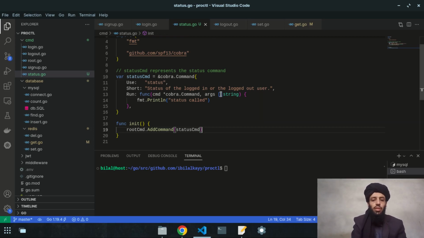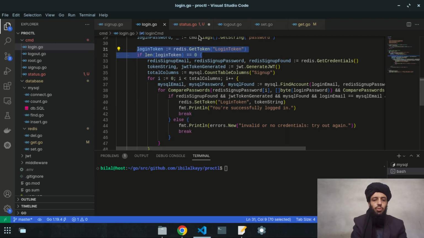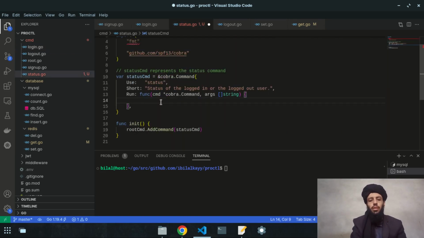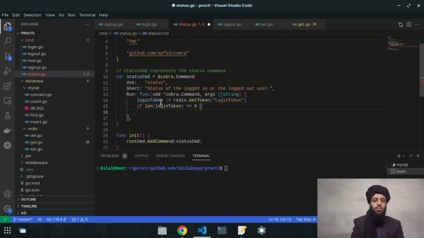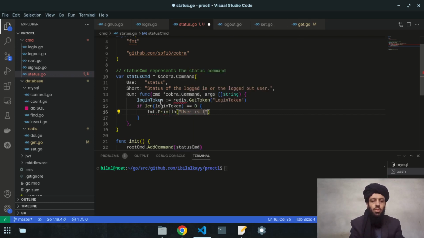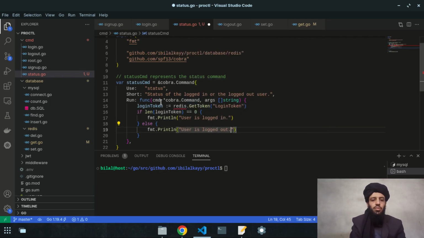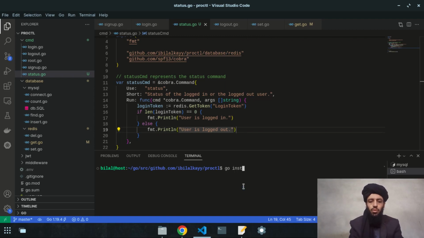logged in or not. So let's remove this print statement and go to the login and take this token also, because whenever this token will be fetched or whenever the user will be logged in, then it will run this status command, otherwise it will give me an error. So I will print this and I will paste it here, like after that write print user is logged in. All right, and after that the else statement is user is logged out. Let's save this proctl, go install first of all, and this proctl status, you can see that